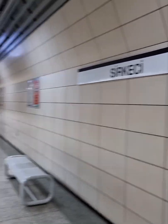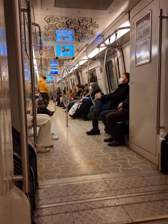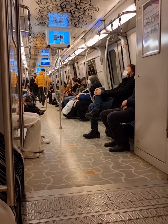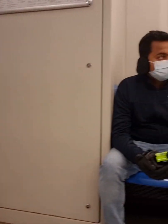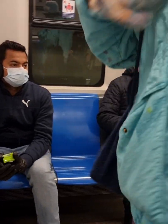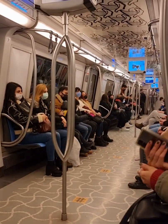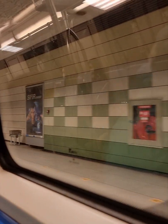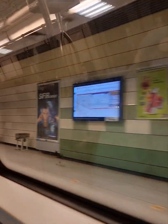Now, from this station Kartal, I took a train. I took the red line, heading towards Kadikoy, and I traveled around 12 to 15 stations, which took around 27 minutes, and I reached the station called Ayrılık Çeşmesi. From Ayrılık Çeşmesi, I purchased another ticket and took the blue line, and it was only two